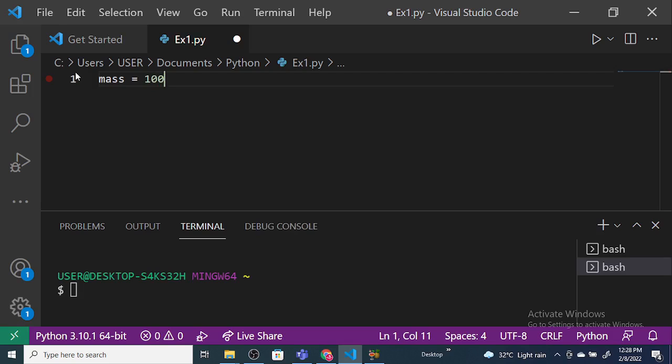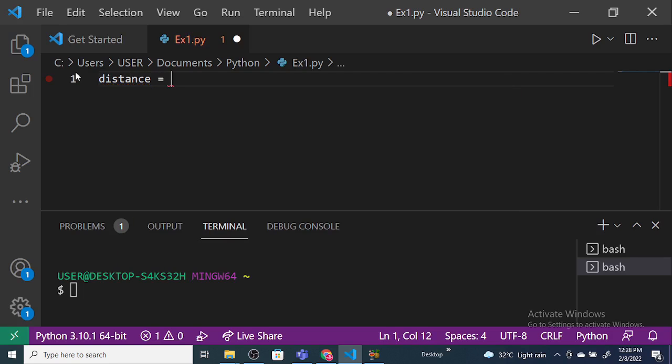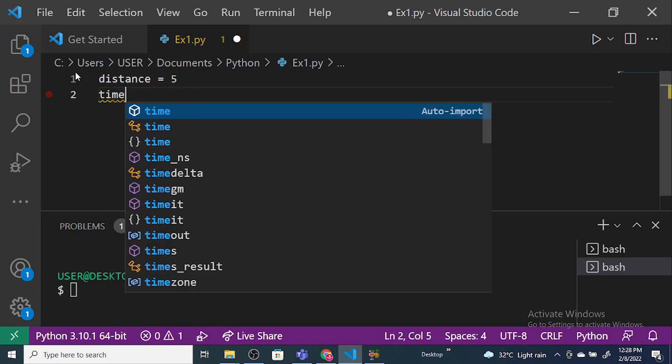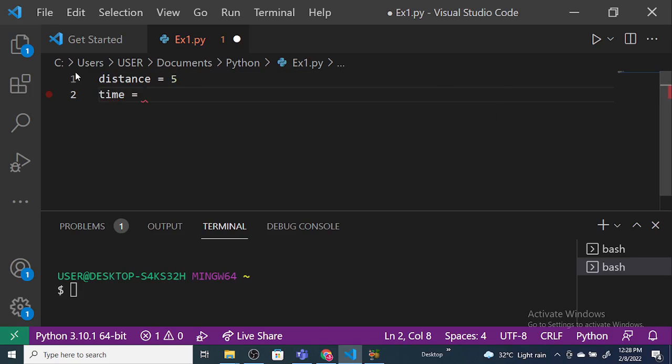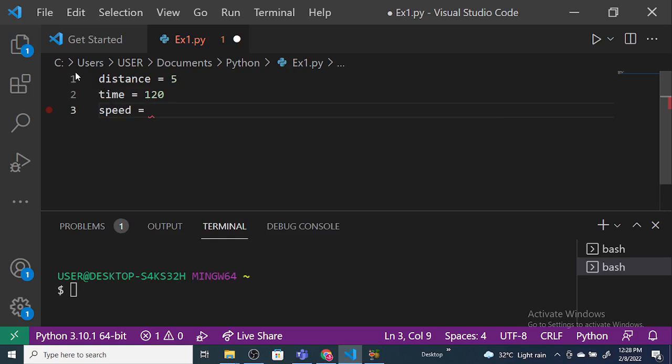Or let's say I have the distance of a unit, which is equal to, let's say, 5 kilometers. And then I have time, which is equal to, let's say, 120 seconds. So I can calculate the speed of the item, and you know that speed is equal to